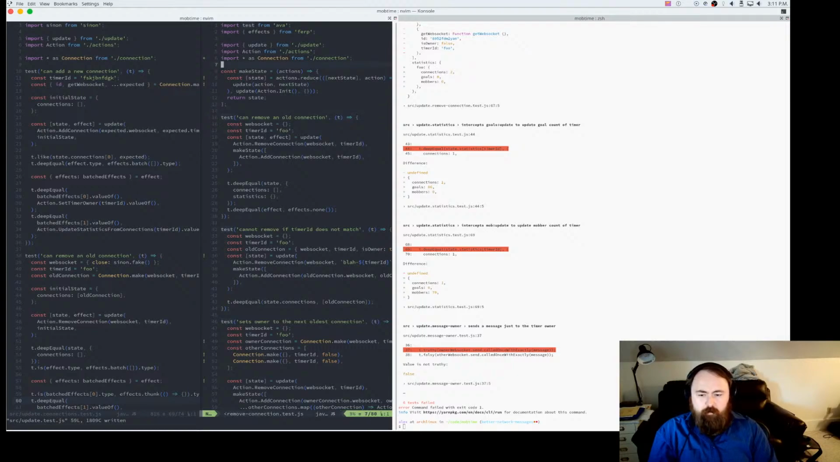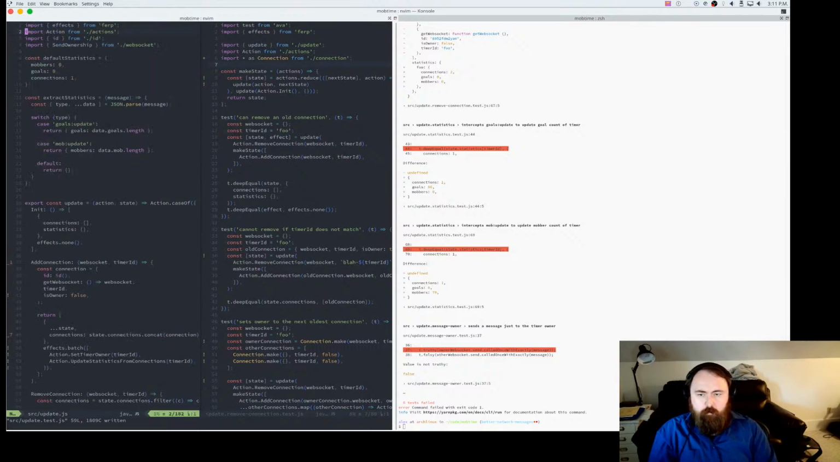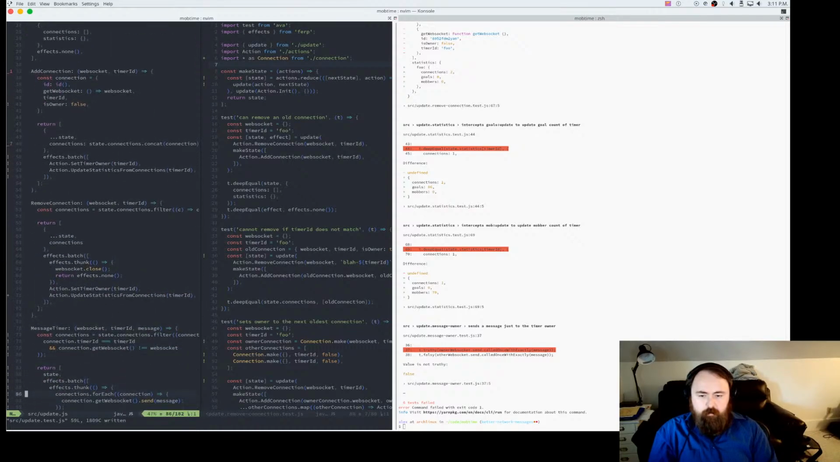Well, you know what? Let's just read through these. So I'm going to open up remove over on the left, just so we can see. So it can remove an old connection. So we call that, and then we build up a brand new real state, so we can remove that particular connection. So I feel like that test isn't real anymore because we actually run